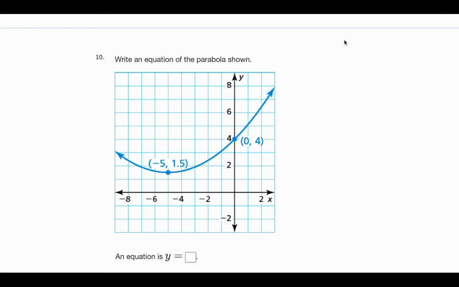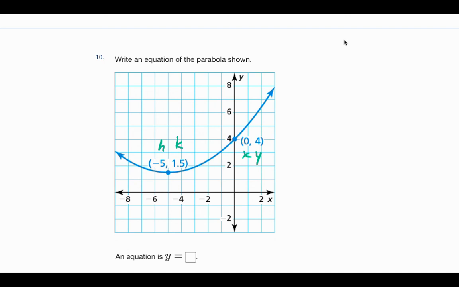Again, write an equation of the parabola shown for the next problem. Right, on this one here, it gives us a vertex. We know our vertex is always h and k, and it gives us 1 point, so we would call that x and y. So again, think, is it vertex, standard or intercept form? I just told you it gave us the vertex. Of course, you can see it's not even crossing the x-axis, so there's no x-intercept. So we have to use our